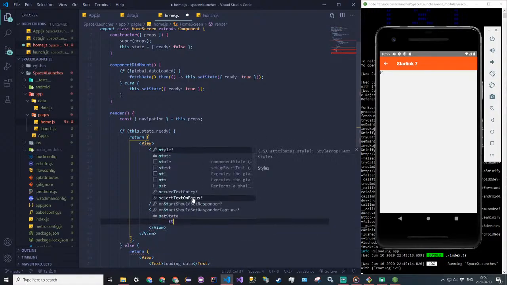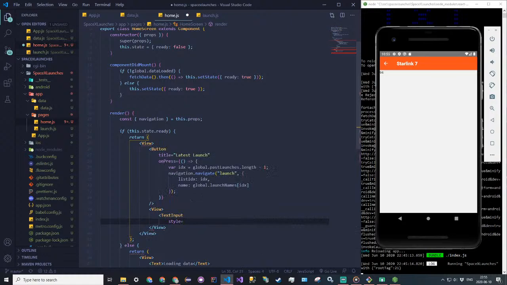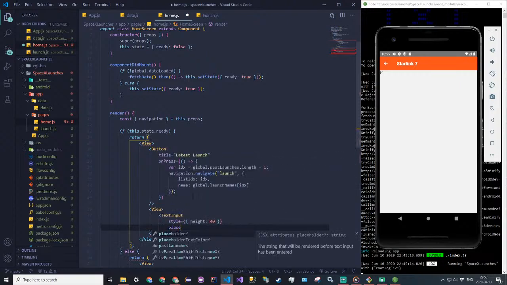We'll say the style is equal to, for style you just do two curly braces, and then height is 40. Next property is going to be placeholder. So placeholder is equal to launch name. And then